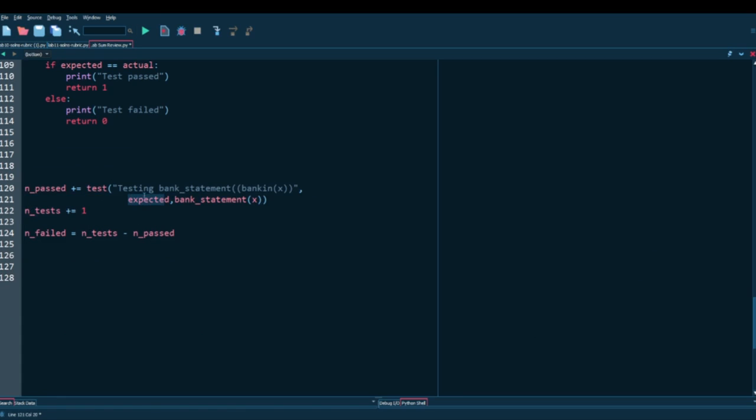So it would take the expected value they would have to put here. So expected equals 5 or 4 or whatever. And then bank statement x. So if this equals this, that will give you a plus equals 1, and that will add 1 to n passed and 1 to n test. N failed will end up as 0 because 1 minus 1 is 0. Then you can simply print tests passed and then n passed, and tests failed and n failed.